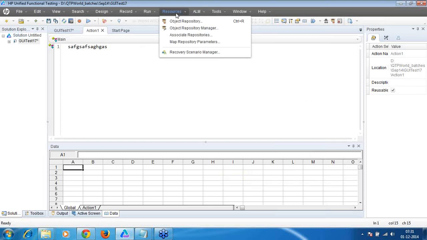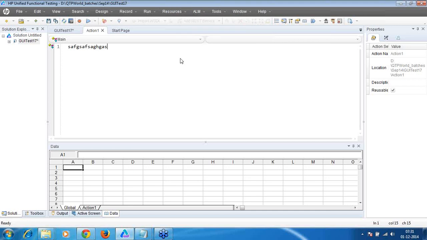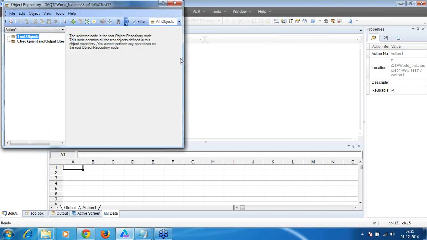Okay, and the other area which is most important when we are automating is the object repository. On day one when we were discussing object repository, we were not worried whether it's a local object repository. Basically there are two kinds of repository. Today we'll be discussing local object repository, and the other one is called a shared object repository, which we'll be discussing in future classes. Okay, when I open the object repository, it's a storage place where all the objects are stored.